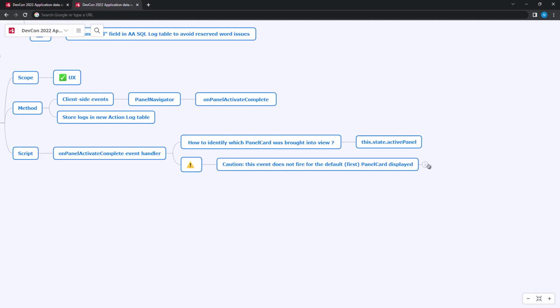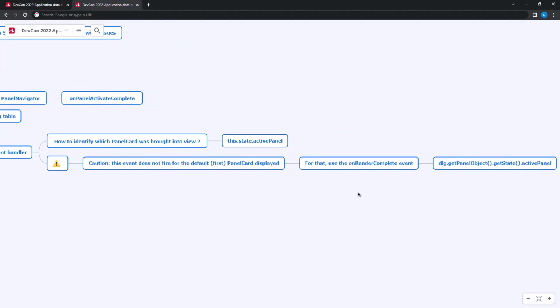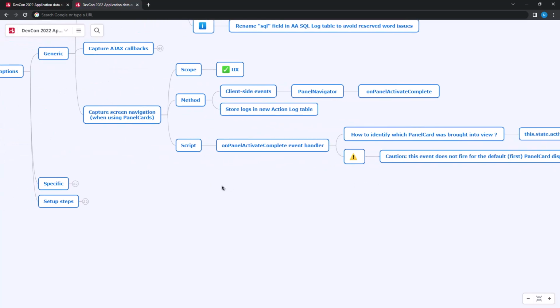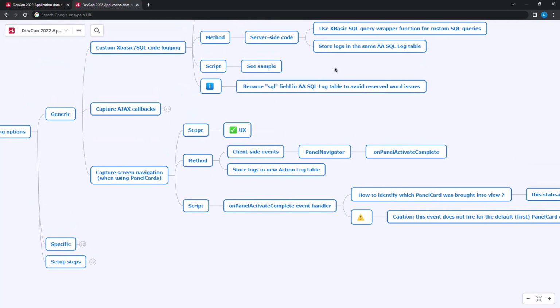There's a slight gotcha here that it only happens after navigation, so that does not fire for the first panel card on the app, which you assumedly already know. But if you do want to log that, then you can just use this property to get the active panel at that point. Okay, so this is how we can be generic and capture as much as possible from as few events as